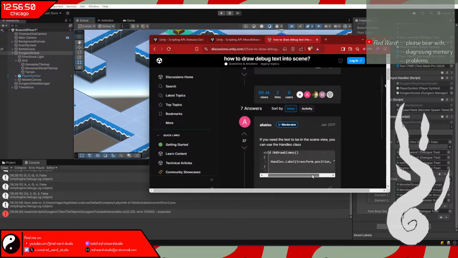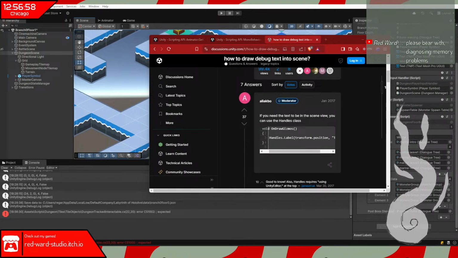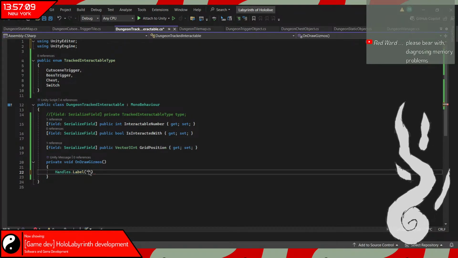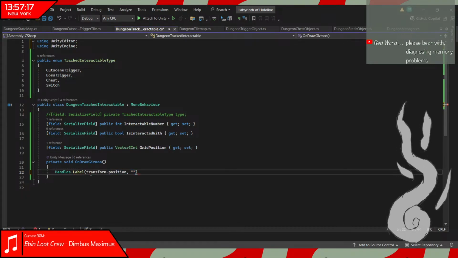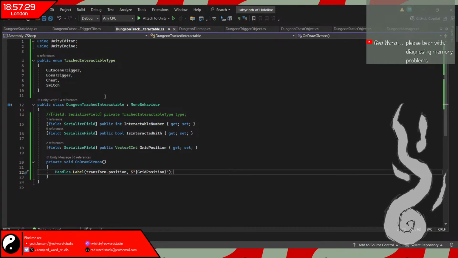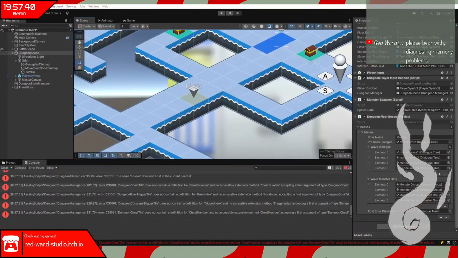Use the Handles class. Okay. Handles.Label, transform position, grid position. Yeah, that should do it. If you want your gizmos in the scene view, just not rendered in the game tab. Yeah, that's fine. Okay,